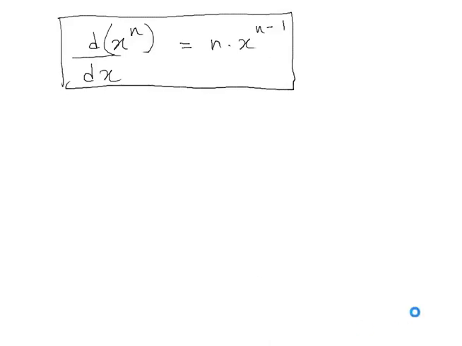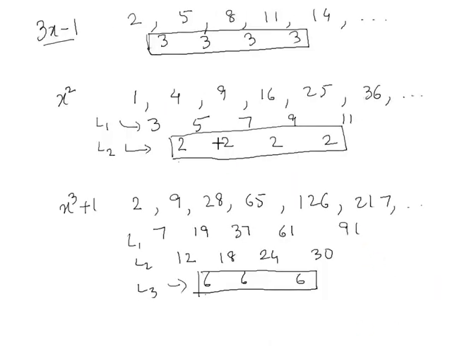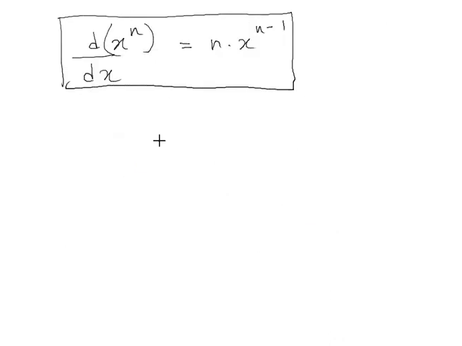You'll find something interesting. Now, the first series that we took was 3x minus 1, right? Oh, by the way, sorry for that. The differentiation of a constant term is 0. If you have a constant value, the differentiation of that is 0. So using these two ideas,